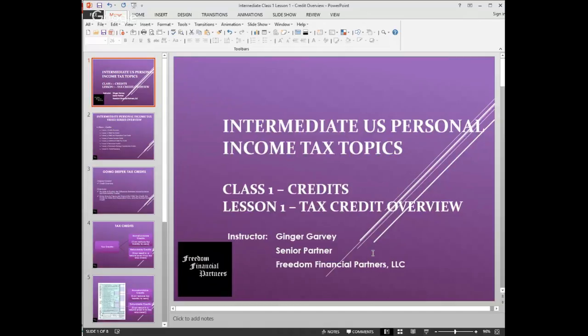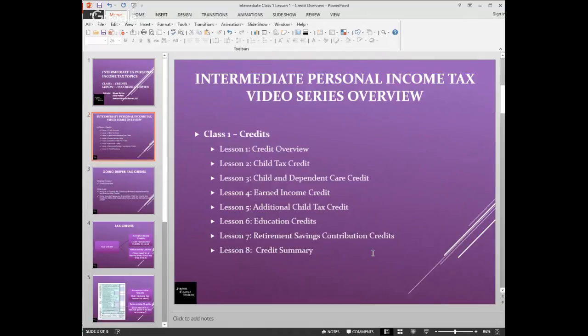It's just an overview of the credit system with the U.S. and personal income tax. So we're dealing with the 1040 form at this point. And I just wanted to kick off this series. This series is going to be on the various credits. And we're going to start with a credit overview, which is this class, and then it'll follow with the child